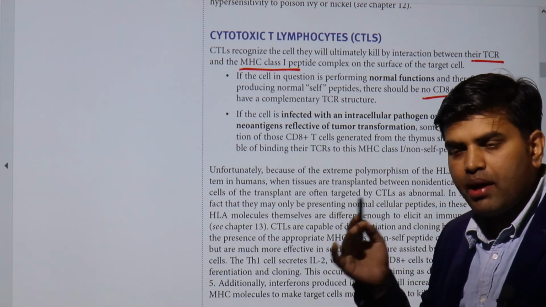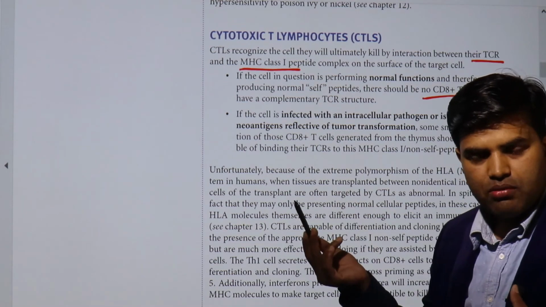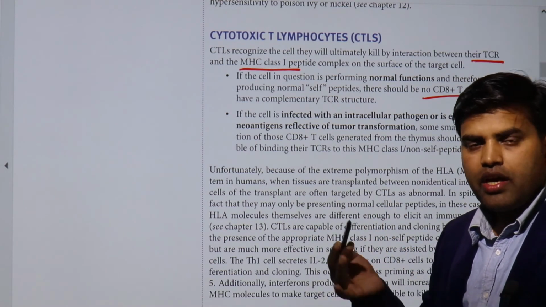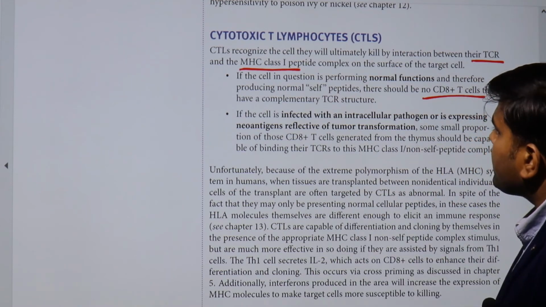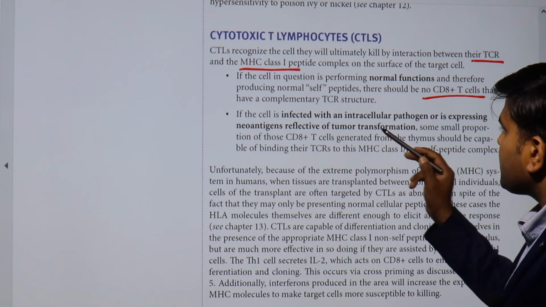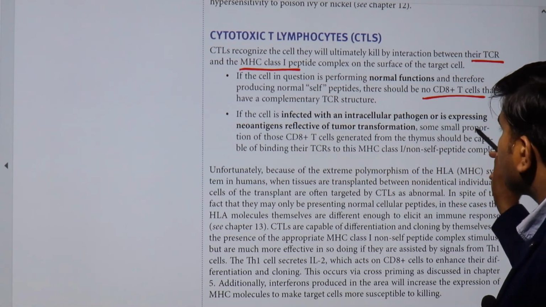This will only bind when there is processing and presentation of the intracellular pathogen, which we have discussed. It is then brought to the MHC class 1, meaning the cell is dying. Only then will the CD8 cell be activated. If the cell is infected with an intracellular pathogen or is expressing new antigen reflecting tumor transformation,